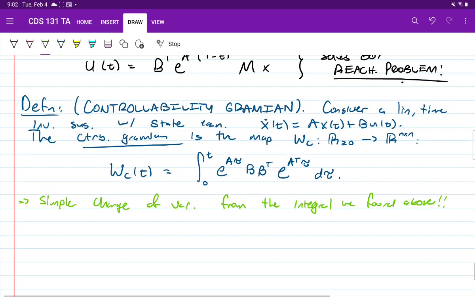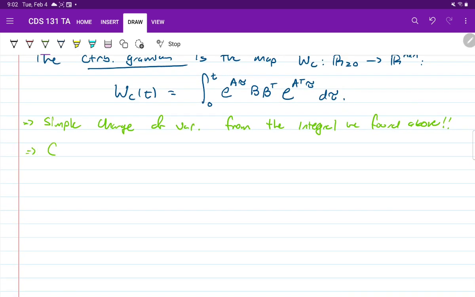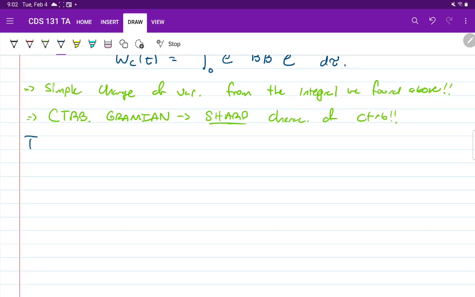Now it turns out that this is much more powerful than this. This controllability Gramian isn't just sufficient for controllability, it's actually necessary for controllability as well. So let's state that as a theorem and prove it. The nice idea is that the controllability Gramian gives a sharp characterization of stability. Oh, not stability, controllability. My gosh, what week are we in? All right, so let's state and prove this theorem.